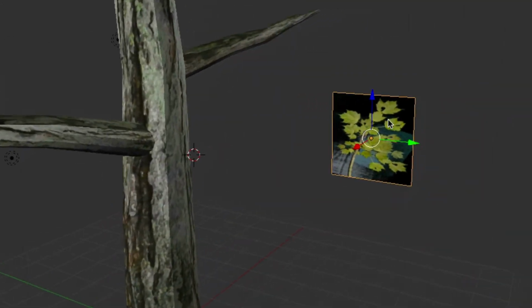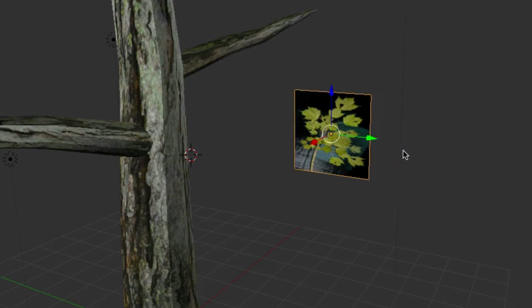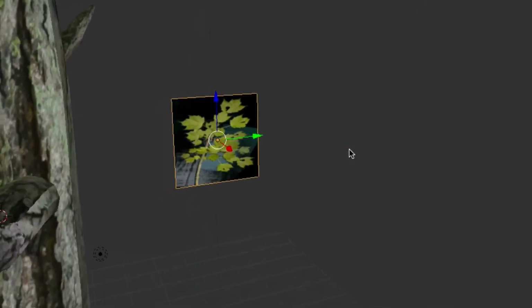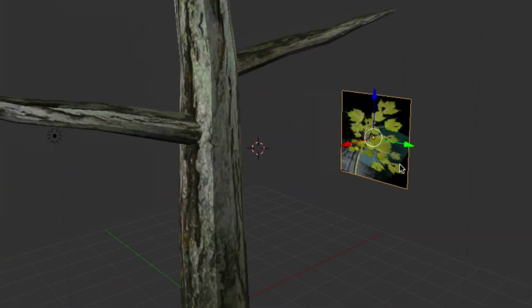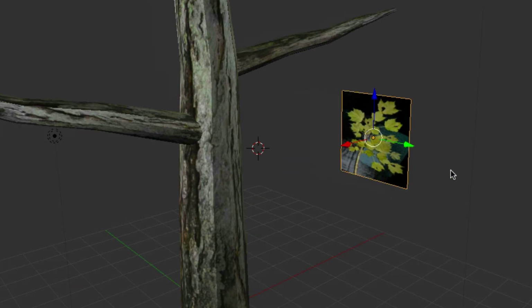Alright, so once you have both of those panes, you're going to hit Control J, and that will bind them, and so now they're one pane. Okay, now we're going to go Shift D to duplicate both of those again, and we're going to rotate that on the Z-axis ever so slightly,